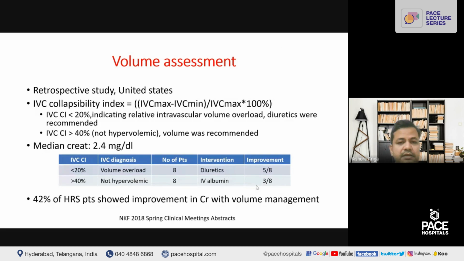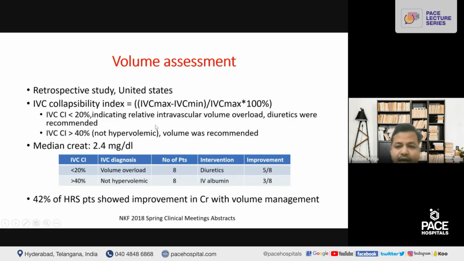Coming to another study, this is only an abstract I could find. This is not yet published. This is a retrospective study from a single center in the United States where they used the IVC collapsibility index, which is IVC max minus IVC min, divided by IVC max, into 100%. They defined IVC collapsibility of less than 20%. It means that